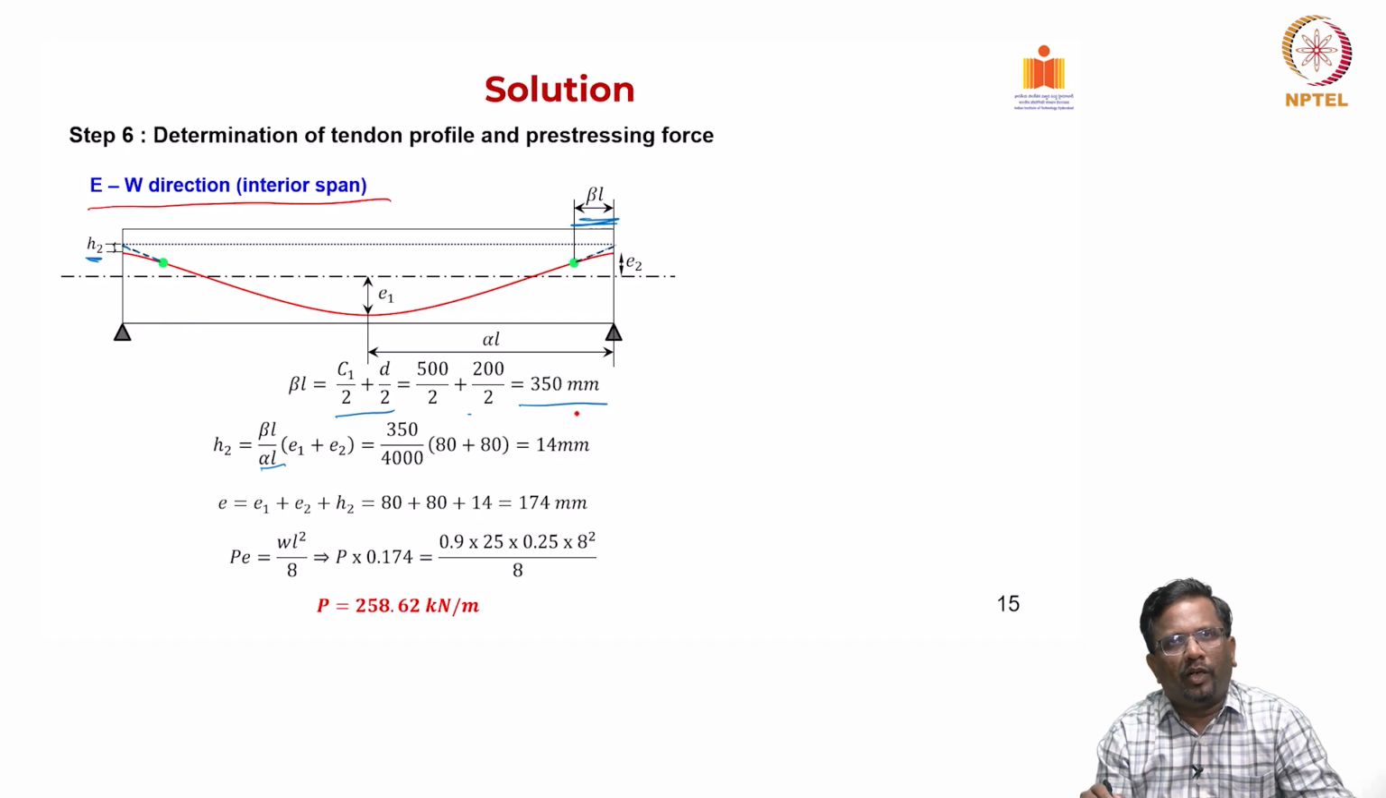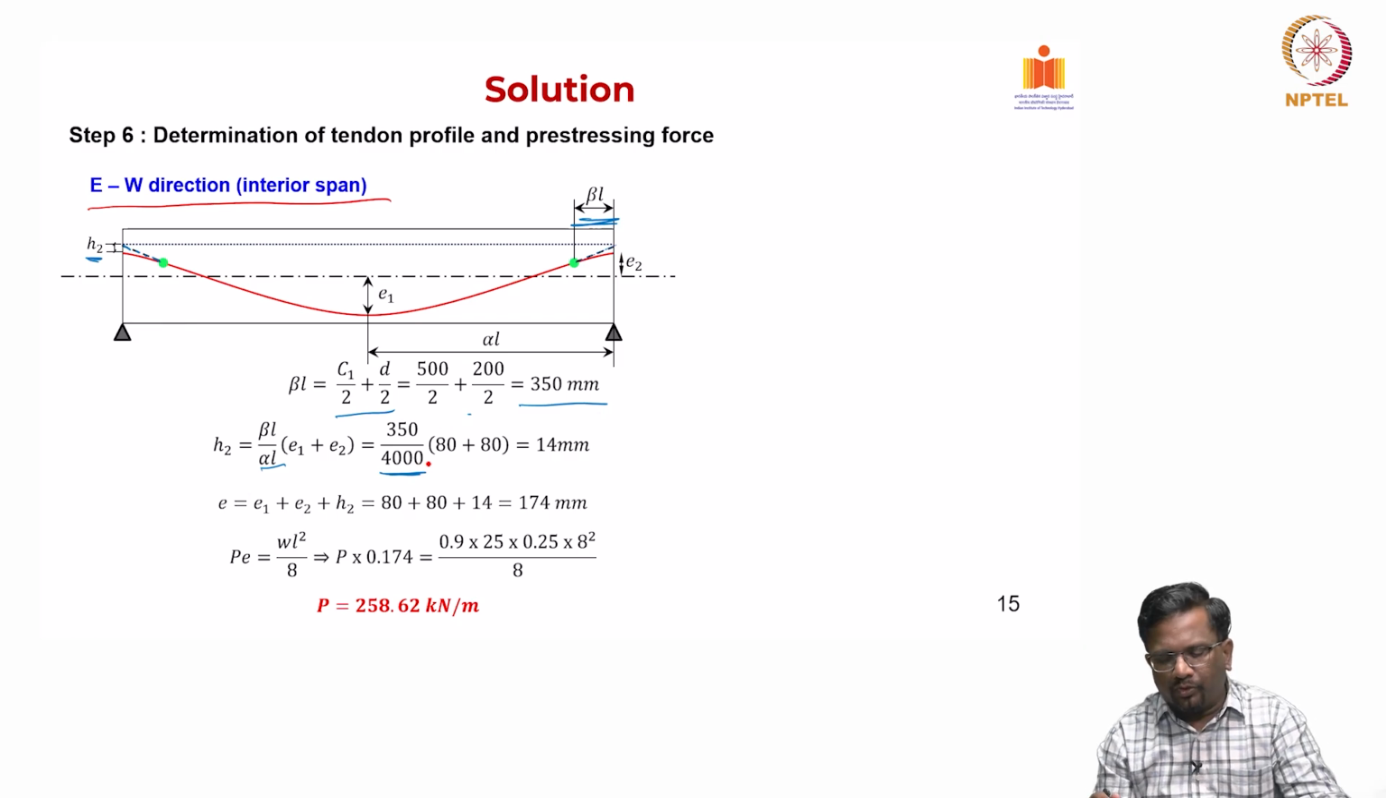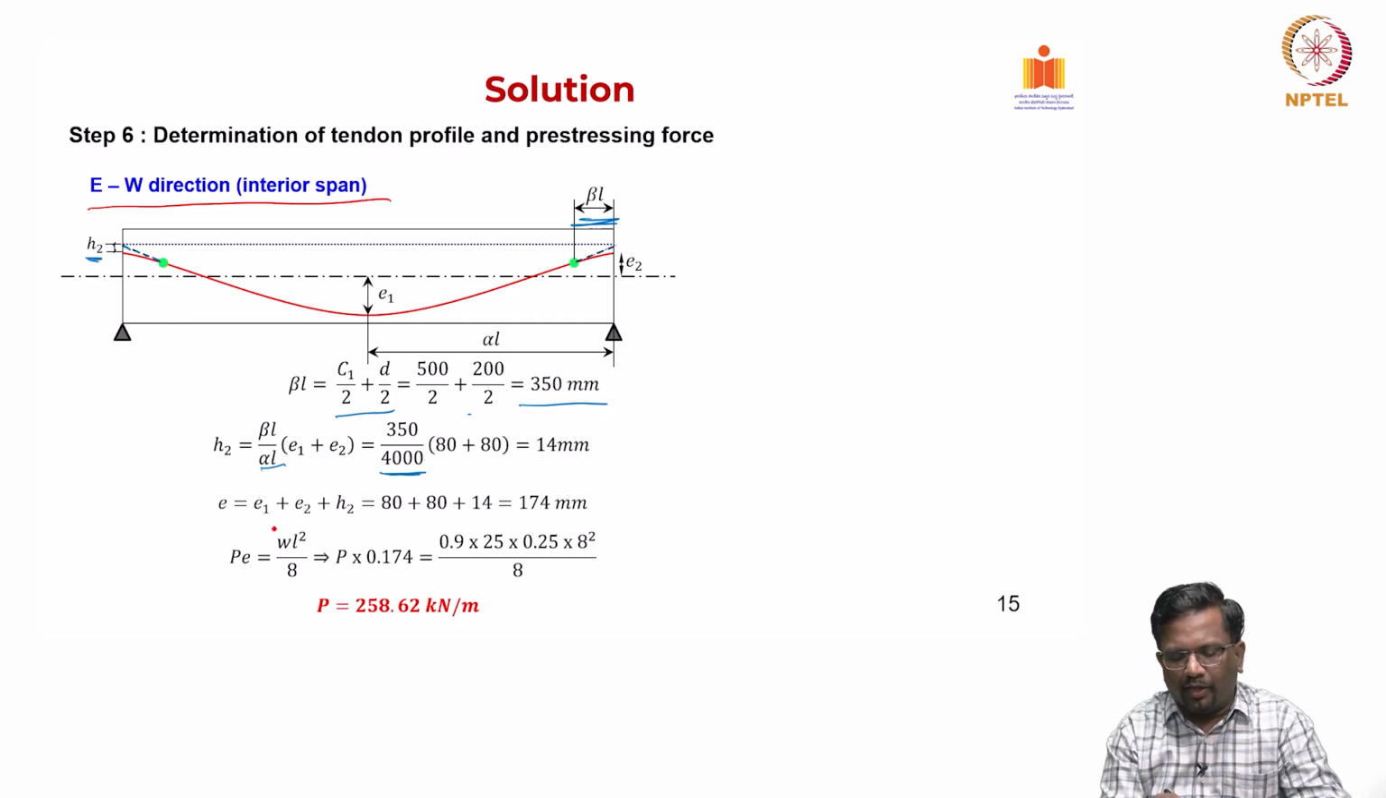Now, what is alpha L? Alpha L is the half of your span for the east-west direction. So it is going to be 4000. So you get this 4000. So you get your E as E1 plus E2 plus H2, which is working out to be 174 millimeter, right, and P into E. Now that we got the eccentricity, we can find out, now what is that we have said,